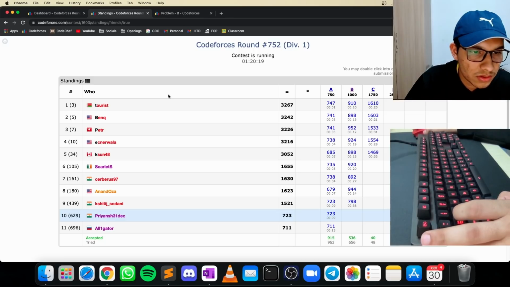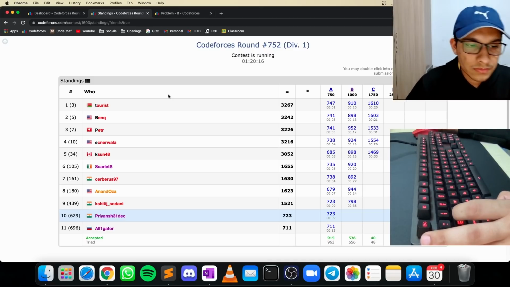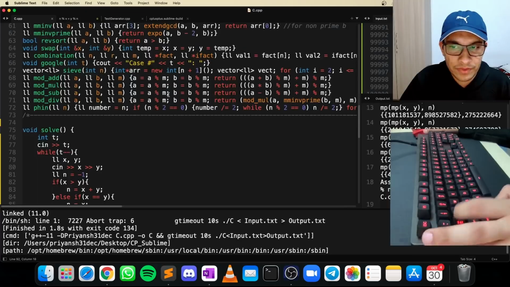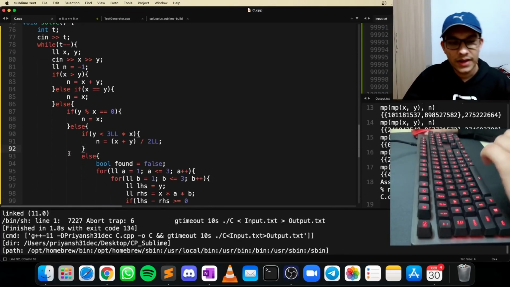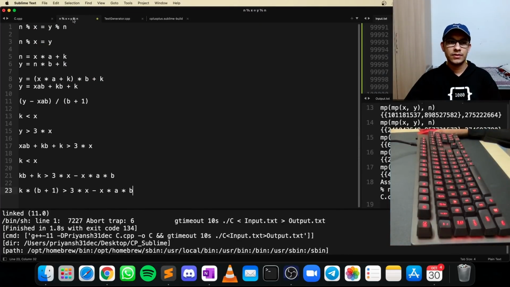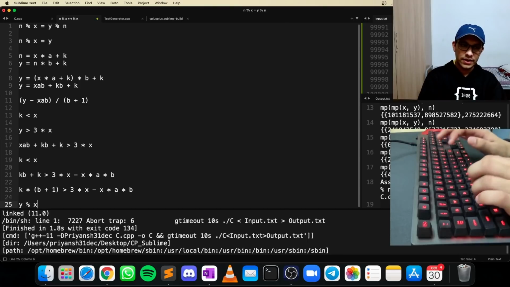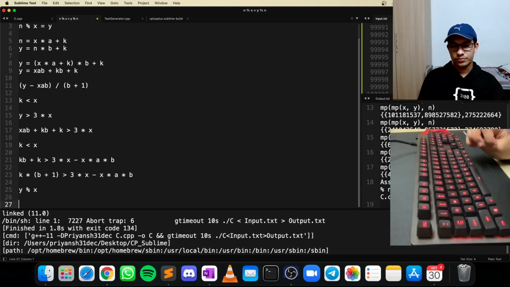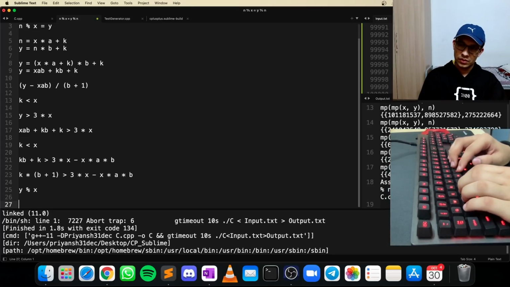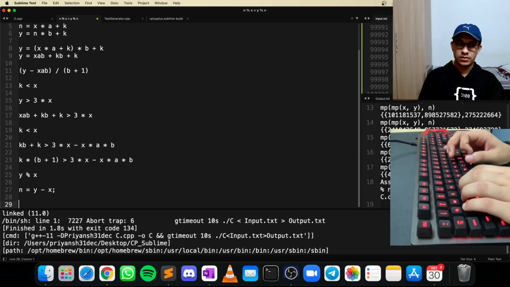I've got to get at least one more. If y is greater than 3x, what happens in that case? x times, and y is not a multiple of 3, that is the case here. So I will have y modulo x. If I consider this value and I just do n equals y minus x, what about this one? Then I have